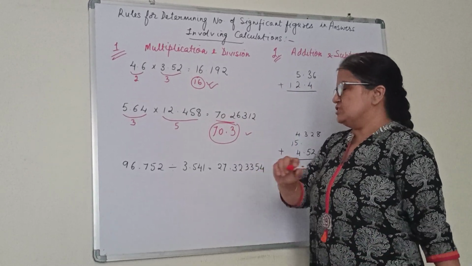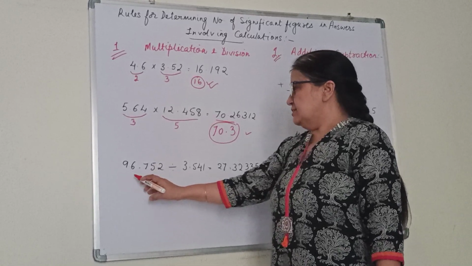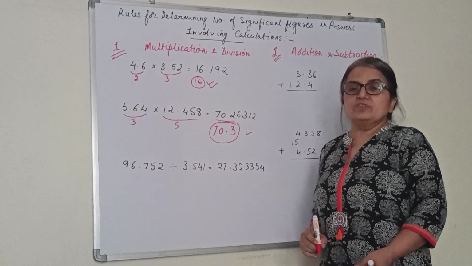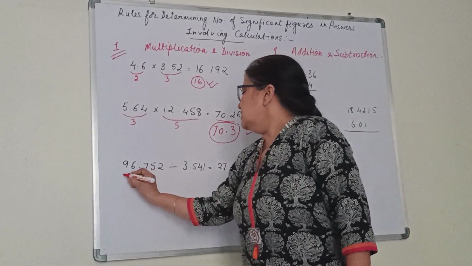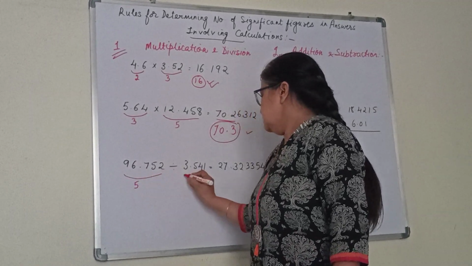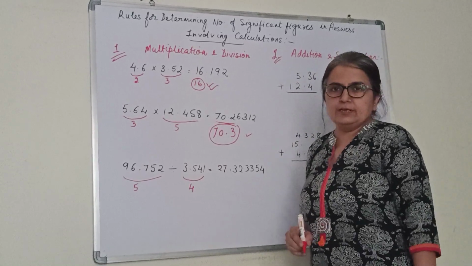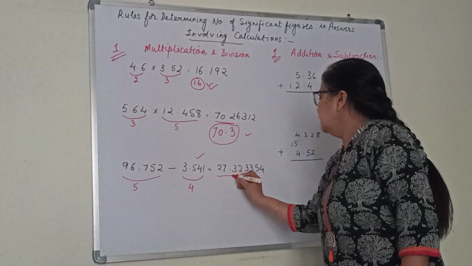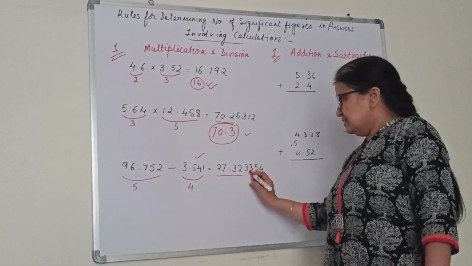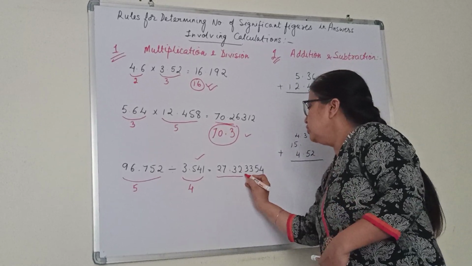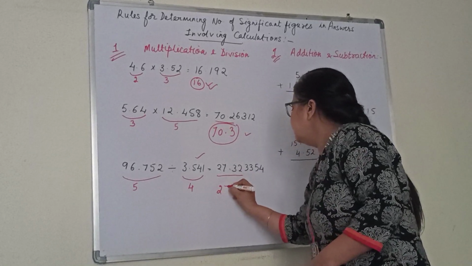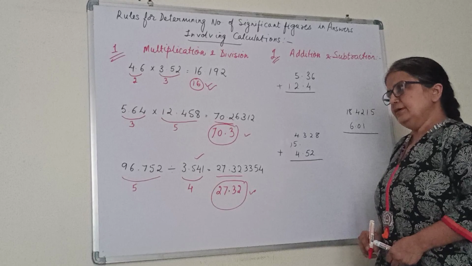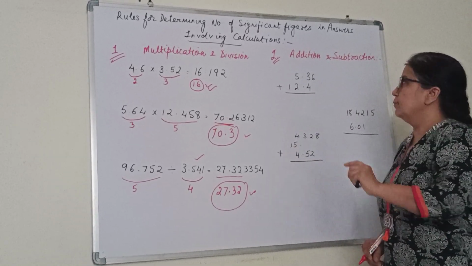Okay? Now, next one. You are dividing such a big number, that is 96.752 divided by this number, and you are getting a result like this. How do you represent this now? This one is having 5 significant figures, this one is having 4 significant figures. So our answer should have 4 significant figures. 4 means still here. You are having the next number lesser than 5, so you will not increase the last digit. You will simply mention the answer as 27.32. Clear? So you can practice some more questions from your book also.